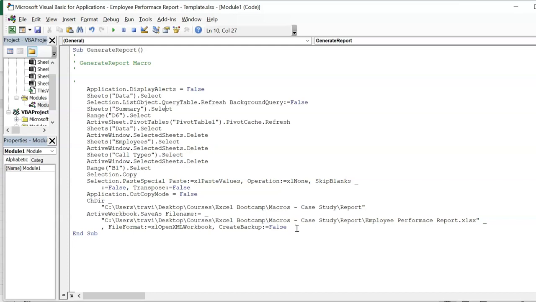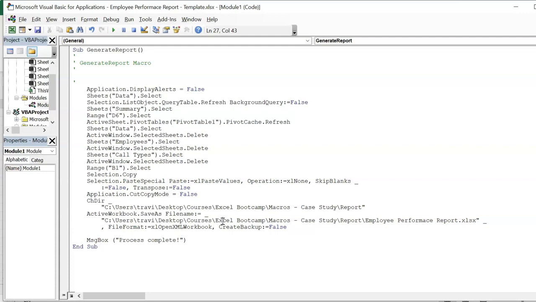And then the other tweak we'll make is to add a message box at the very end of our process. This really isn't necessary, it's more of a cool feature, but just like assigning a macro to a button, it kind of makes us feel more like programmers. So after my last line here, I'll type message box, and then a pair of parentheses, and then in the message box, I'll type a pair of quotes, and then inside those quotes I'll say process complete. And all this is going to do is when all of the other steps in the macro have been taken, a little dialog box is going to pop up and confirm that all is well